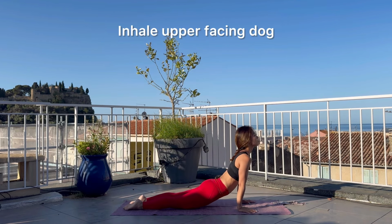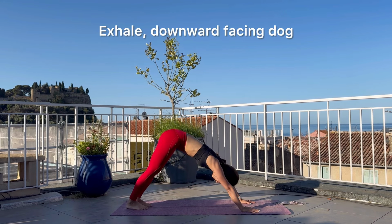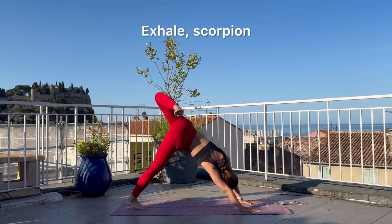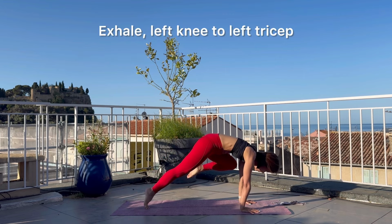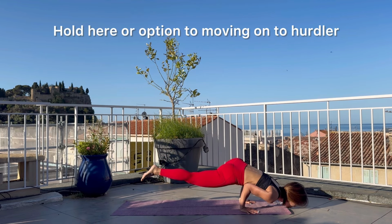Inhale, upward facing dog. Exhale, downward facing dog, the other side. Inhale, left leg up. Exhale, scorpion, open your hips. Inhale, left leg up. Exhale, left knee to left tricep, hold here, or option to move on to hurdler